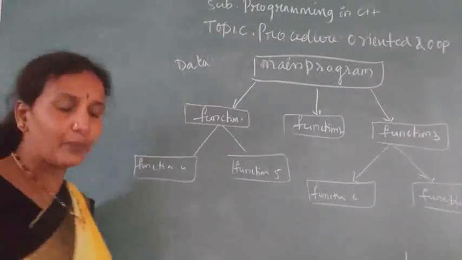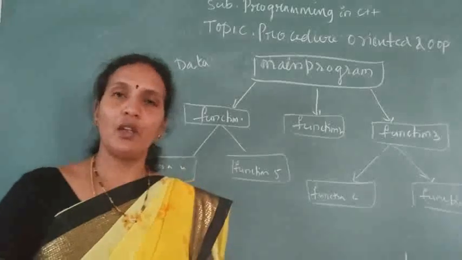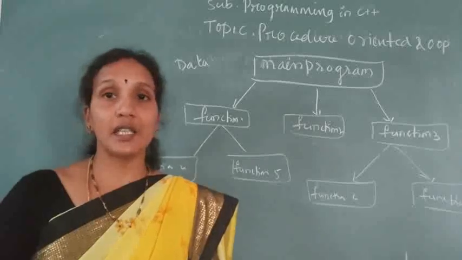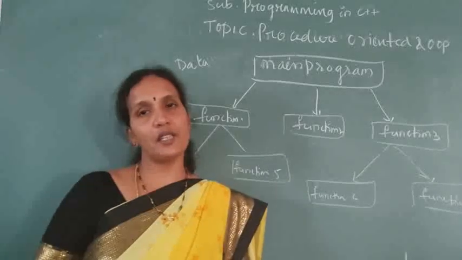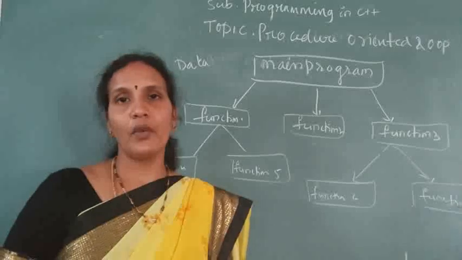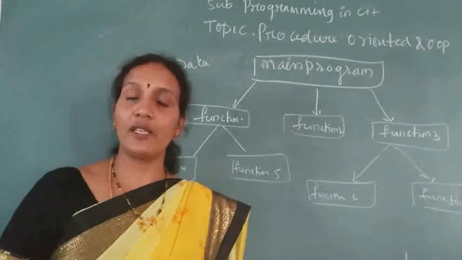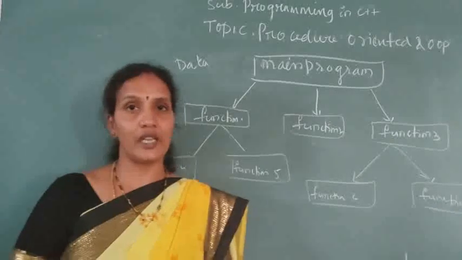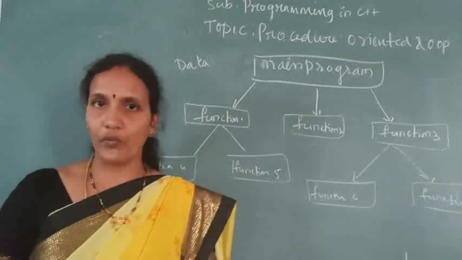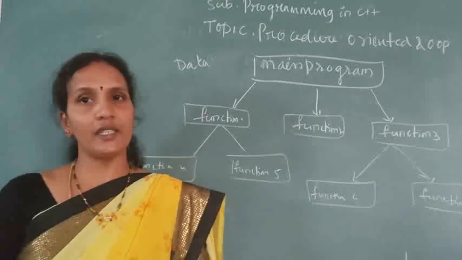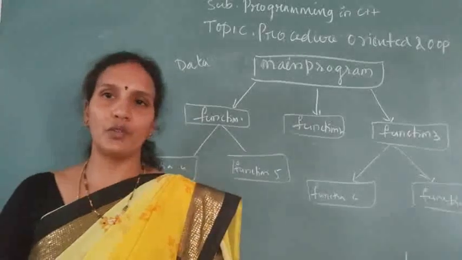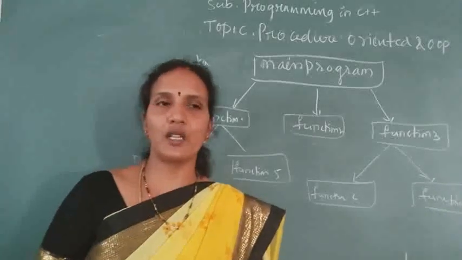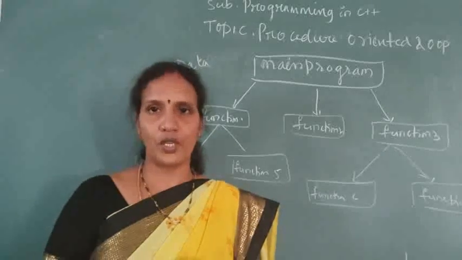Only one point about procedure-oriented programming: the total program is divided into subsections, and those subsections are called functions. One child function can create another child function. But whenever you want to execute a child function, you should come from the root function. When you want to update any content in the child function, you should come from the root. So it is a drawback. Actually, it is not a drawback; these are small disadvantages of procedure-oriented programming.